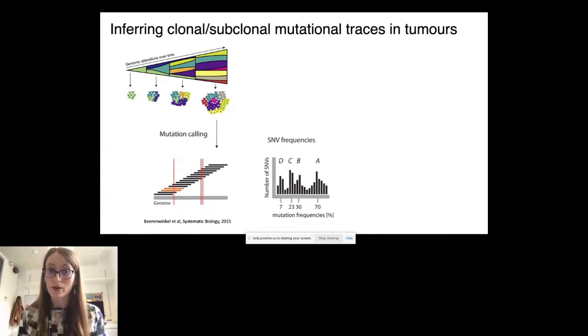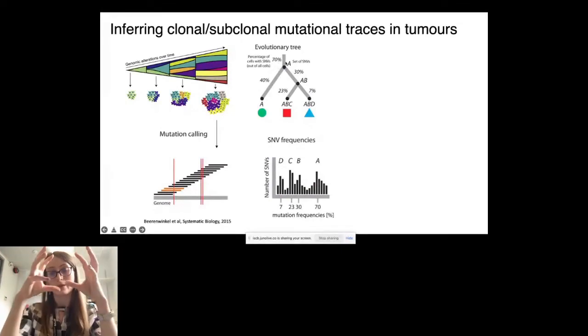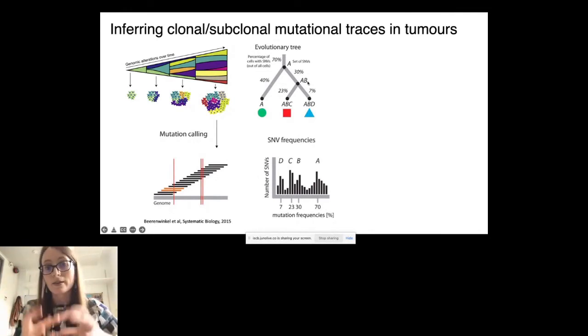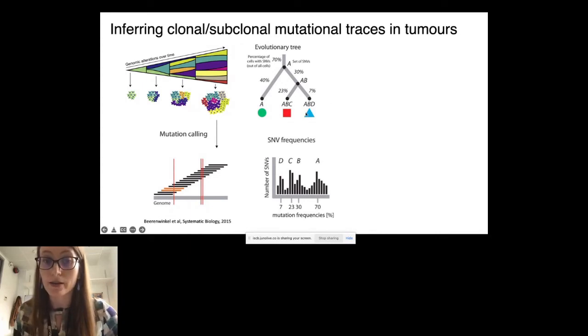So we can then start to plot this on a tree, and then we would have the A mutations, from the subclonal population that is at the top of the hierarchy. So that's the initial clone that initiated the tumor, and then the mutations in that clone were actually kept throughout cancer evolution and all the other cells, because they were so beneficial to start with. And then the cells, different parts of the tumor are exposed to different stresses,